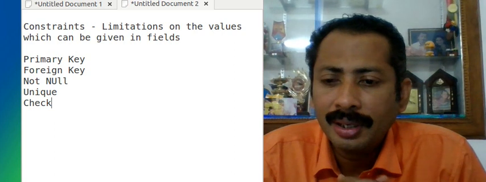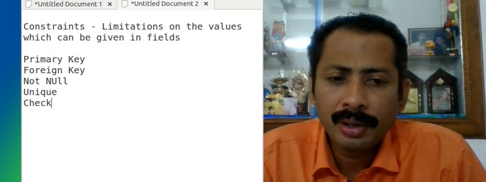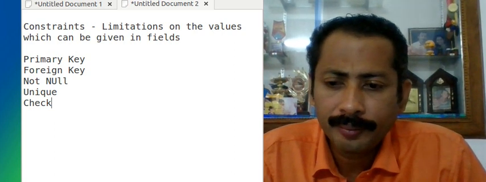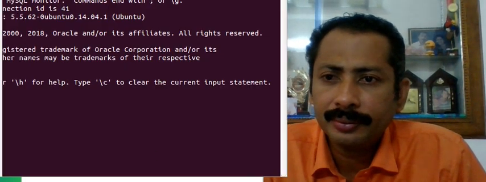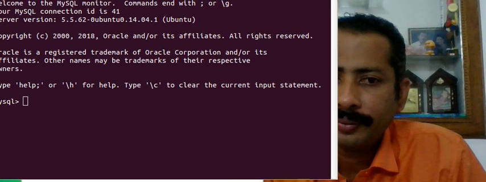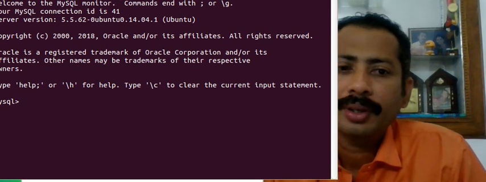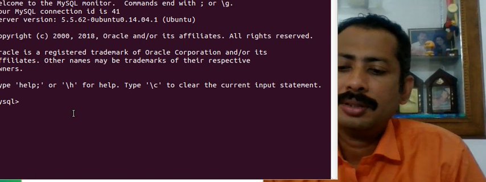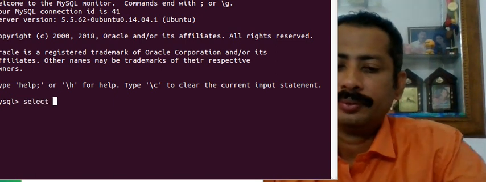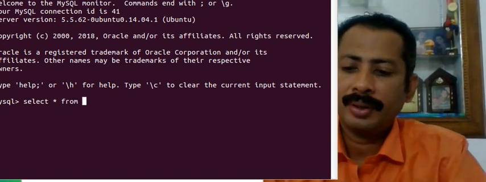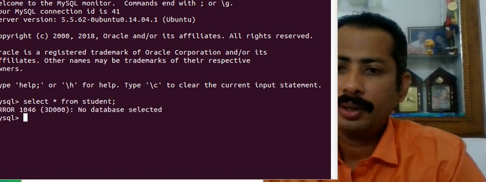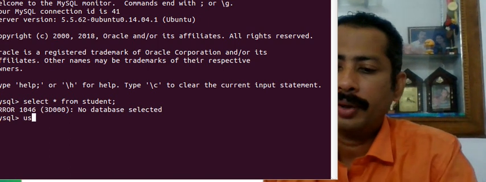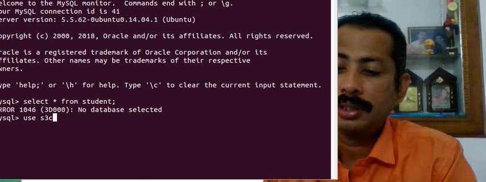So as we saw in our example database, we had to use the database, use S3 CS.